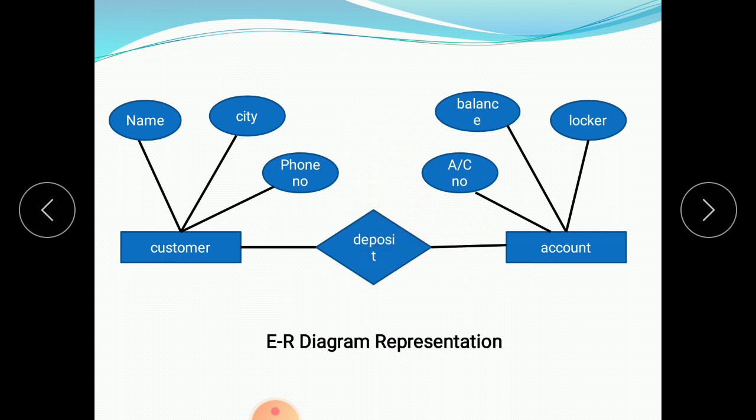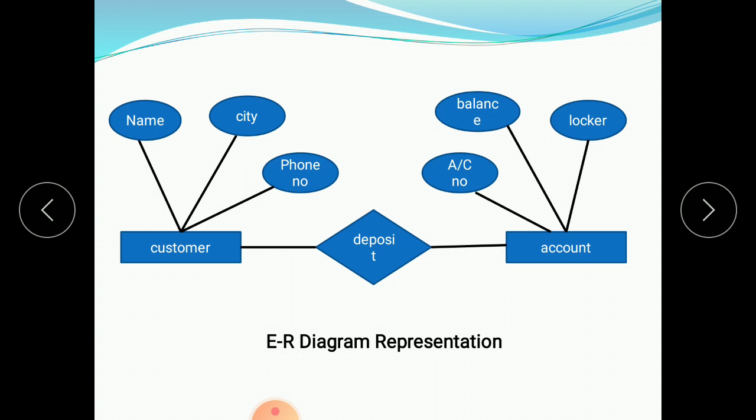Okay, one customer. Customer is one of the entities, so we have used this type of diagram for an entity. If you want to show the relation between two entities, here customer is one entity and account is another entity, use the rhombus symbol for the relationship.